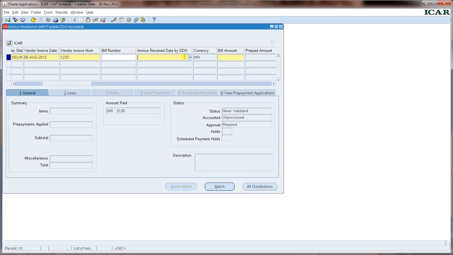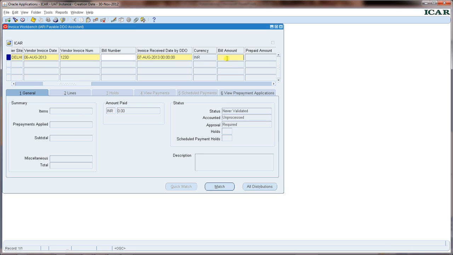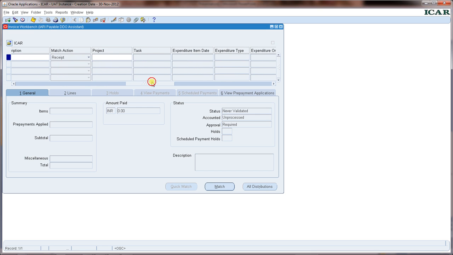Now enter the date on which the invoice is being received by DDO or DDO assistant. Enter the bill amount. Since in our case it is 25,000, we will be entering 25,000. All the rest fields will automatically get filled.